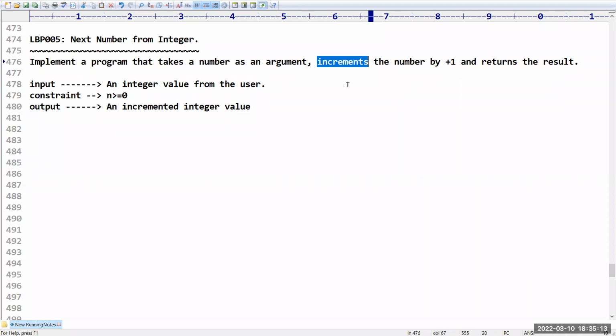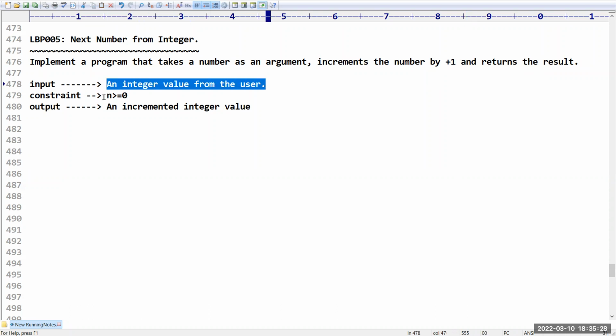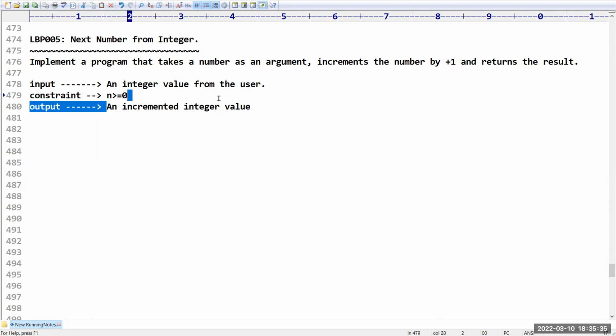It's a very simple operation, I think so. So we have to read a number, increment the value by +1 and return the result. Input is an integer value from the user, and the constraint is that the number should be greater than or equal to 0, and an incremented value we have to print.